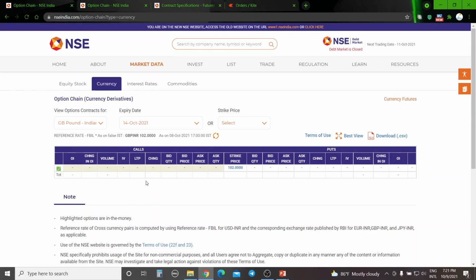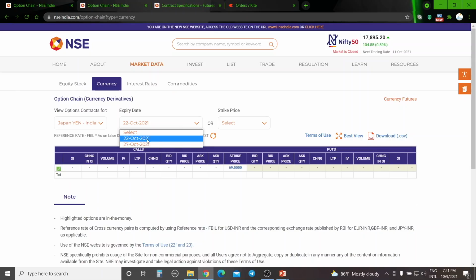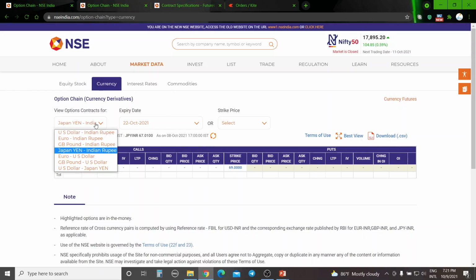8th, no, we'll go to 14th. Nothing is there. Japanese Yen, only the 22nd is open. Not even a weekly contract is open for this. Okay. So the liquidity you will get only in USD INR. For Euro INR, GBP INR and JPY INR, there is absolutely no liquidity available. You will have some liquidity when there is an event, but otherwise generally you don't get any liquidity